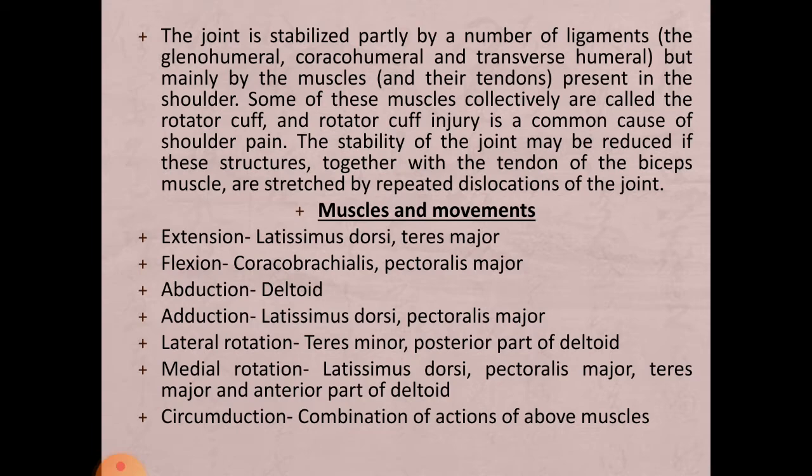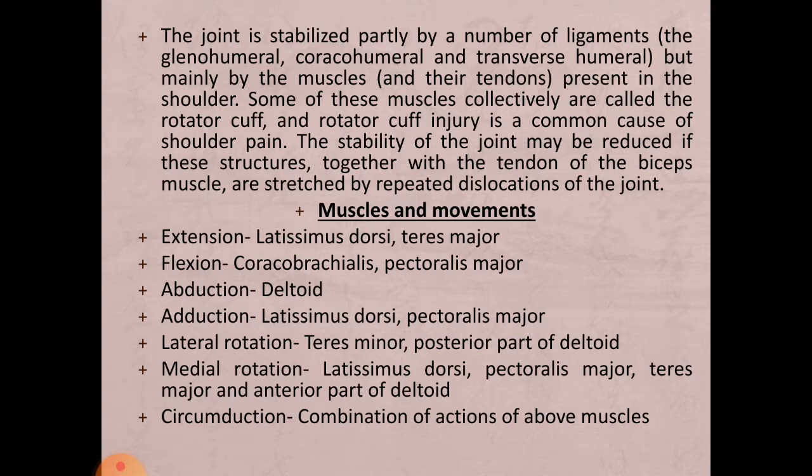And then we talked about the rotator cuff muscles, which are a group of 4 muscles providing stability to the shoulder joint. These muscles are the supraspinatus, infraspinatus, teres minor, and the subscapularis muscle. Rotator cuff injury is very common and a very common cause of shoulder pain, and it can be caused by an accident or by overuse that can cause tearing of these muscle tendons.